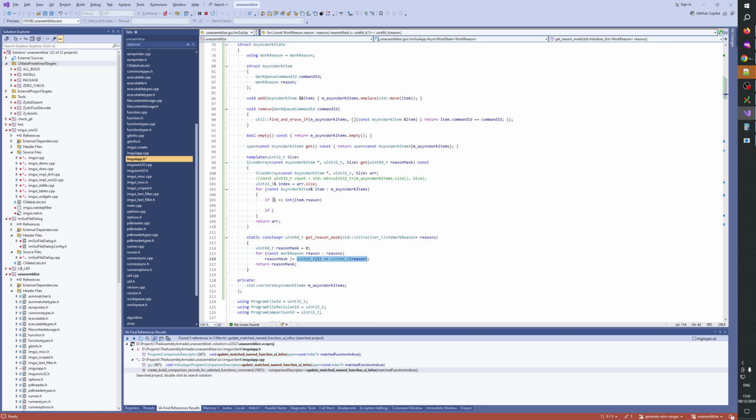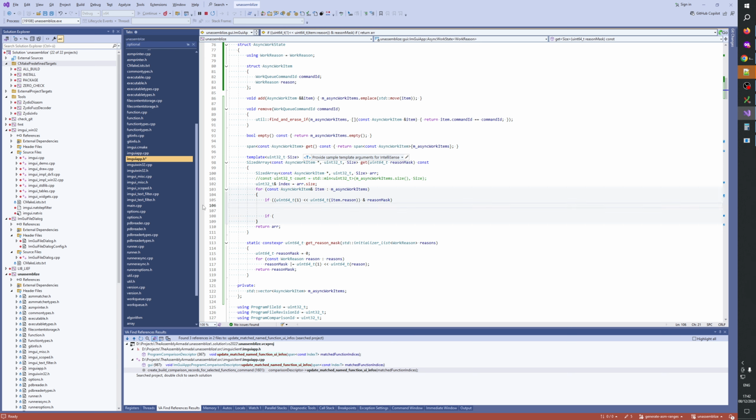Let's do it like this. Okay, item reason dot reason. So if that masks with reason mask like that, if that, then